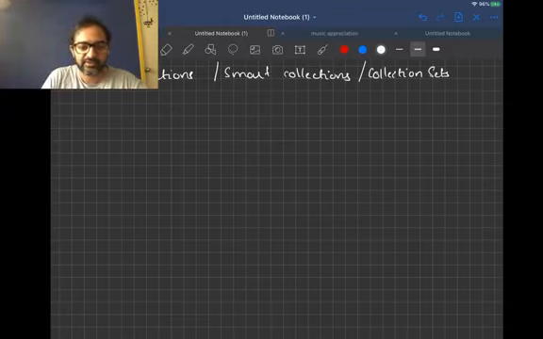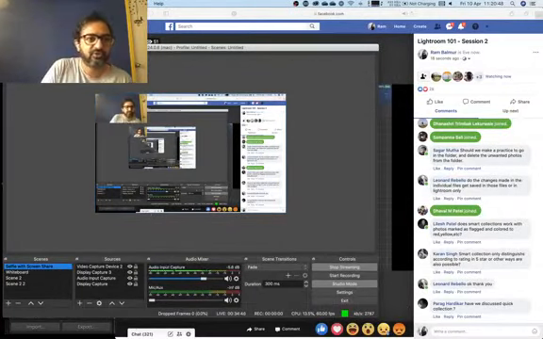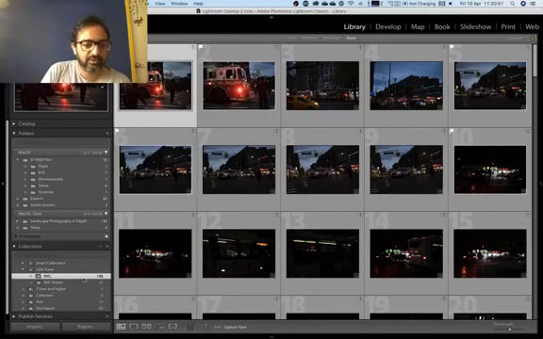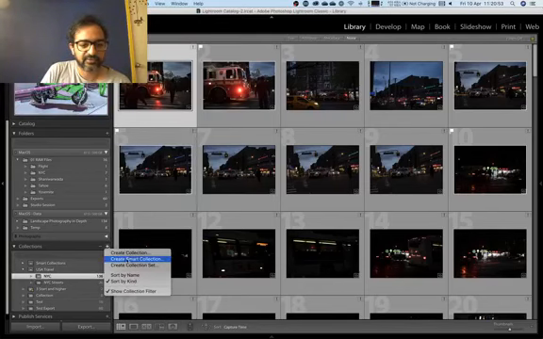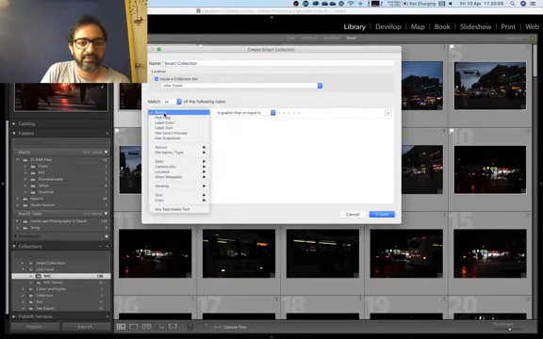Okay, so let me just make sure that you can see my face now. Yep. Okay. Now let me just show you Lightroom. Someone asked what criteria you can use for a smart collection, so I'm just going to show you the criteria. I only use this as an example, but just look at all the options available, right? For example, I can do